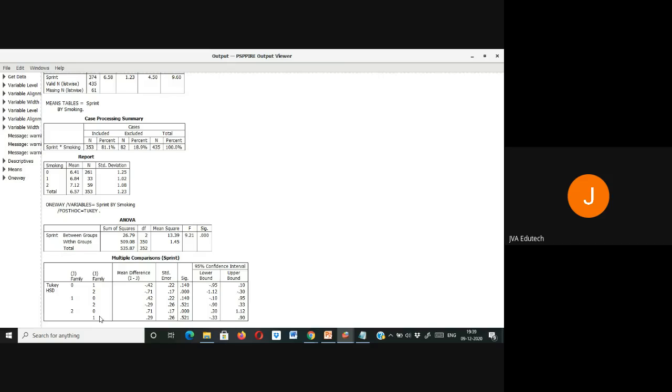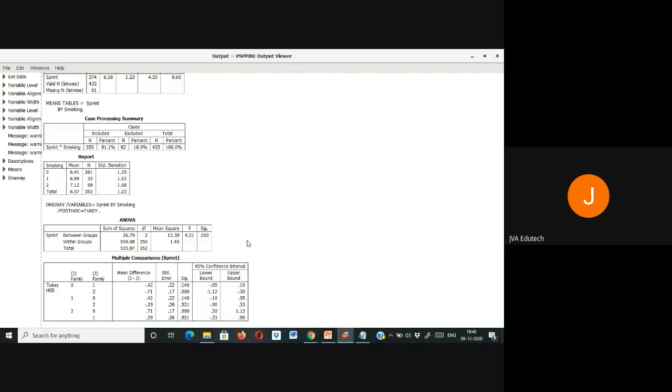difference, because here it is telling that at least one of the group differs. This ANOVA table says that at least one of the group differs. So further, which of the group is differing, because this ANOVA will tell you only that at least one of the group differs, but at which of the group differs, that you will know through multiple comparisons or post hoc analysis. So post hoc analysis is telling you that there exists no significant difference between the sprint time taken